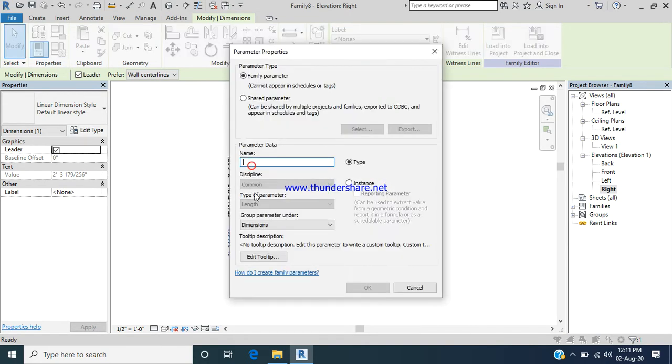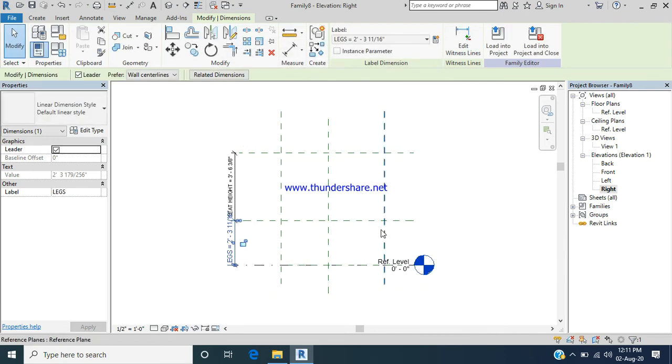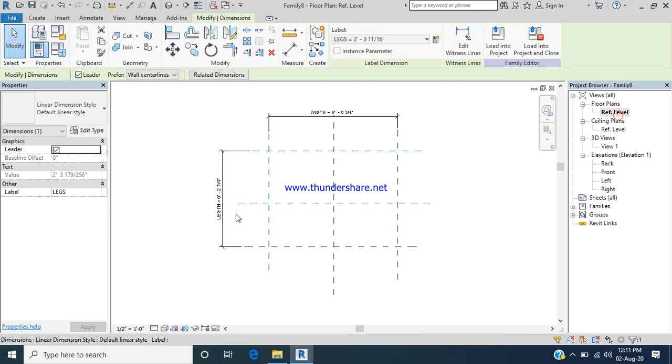This is going to be the legs. Okay, fine. Lock in place. Now go to reference level. We even need the legs here. So